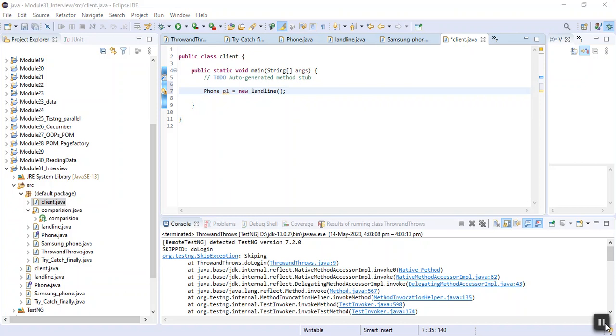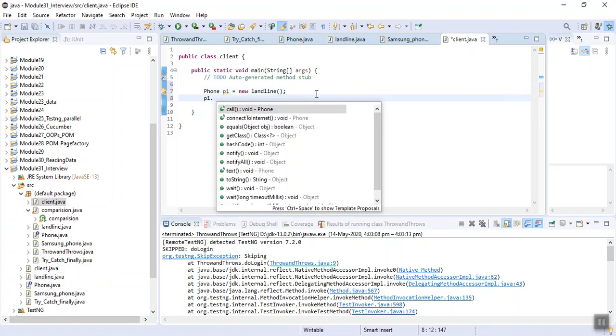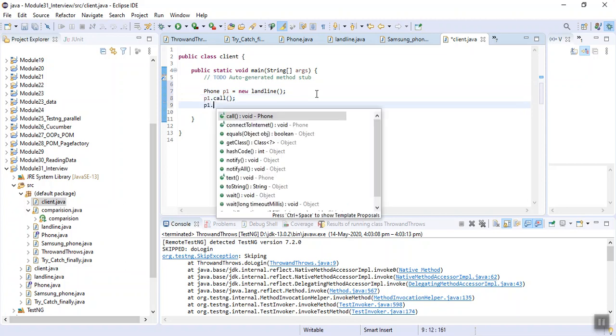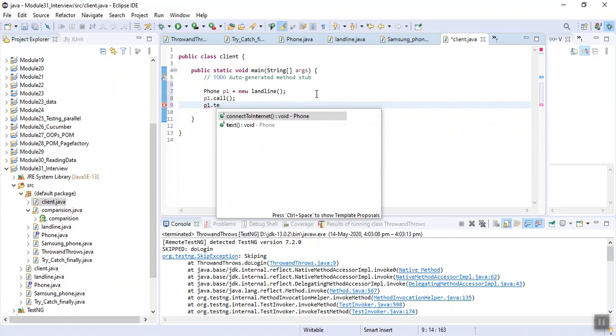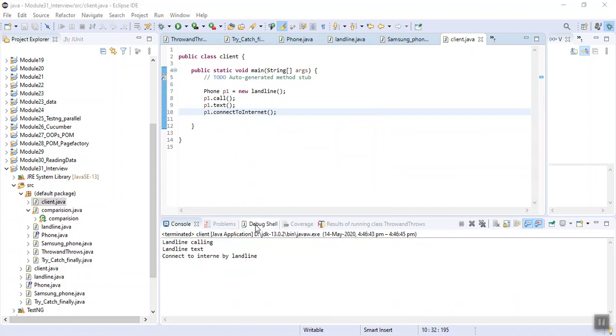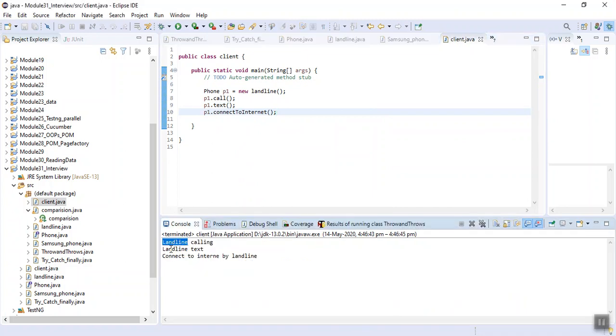Just be with me. And p1 dot call, p1 dot text, p1 dot connect to internet. Save it. Now if I run, I got the output: landline calling, landline text, and connect to internet by landline.